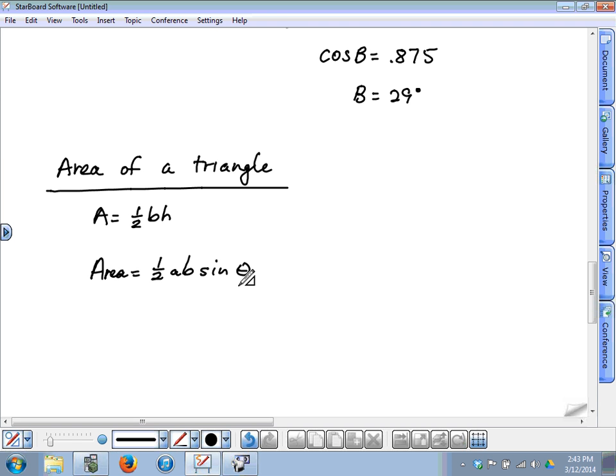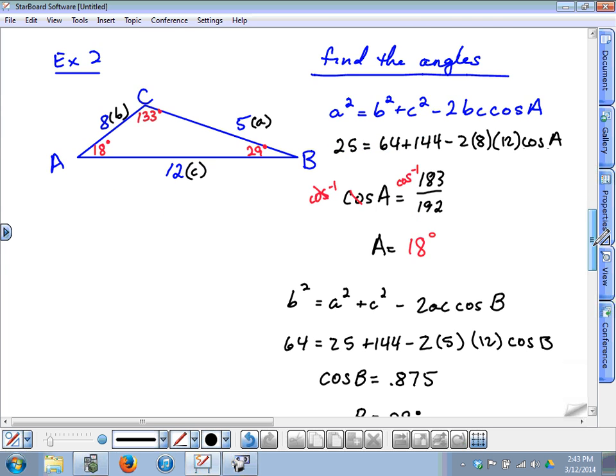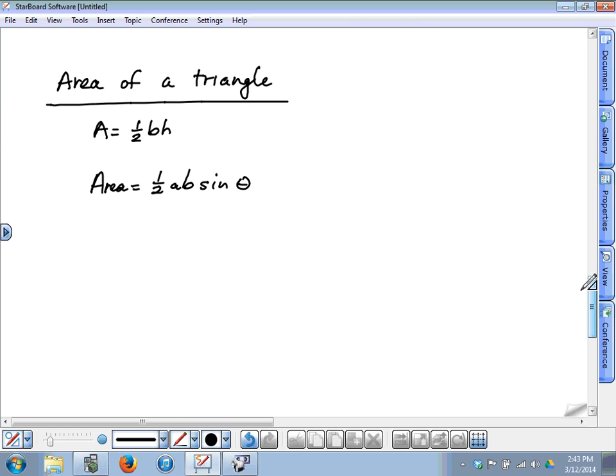Now, in the case where you don't know any of the angles in a triangle, how do you find the area? There's got to be a way to find that. Using law of cosines, in the case where we have all three sides but no angles, we could find the angles, and once we have angles, we could then use this formula here. Now, if you didn't want to go through that trouble, there is something called Heron's